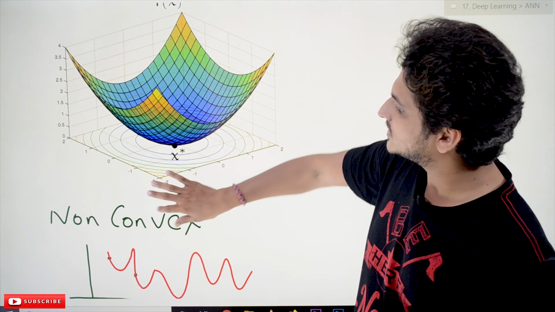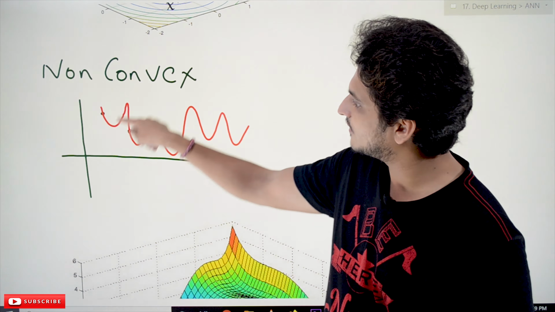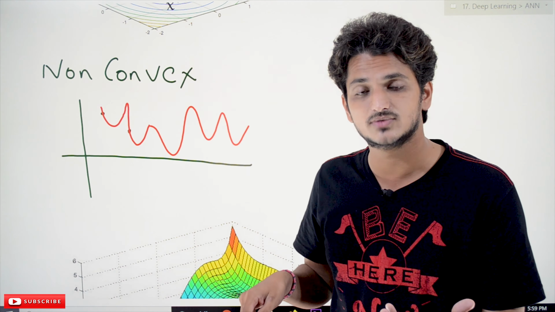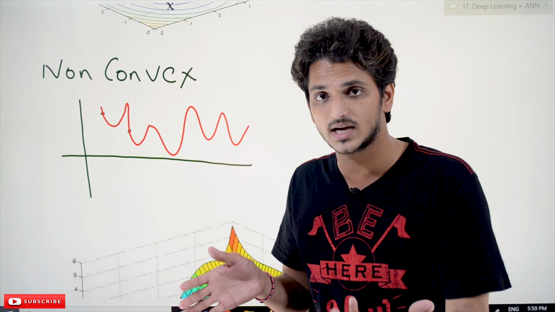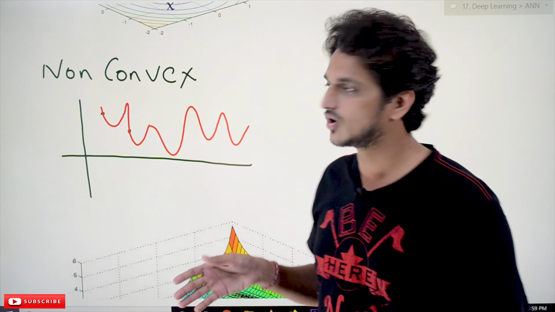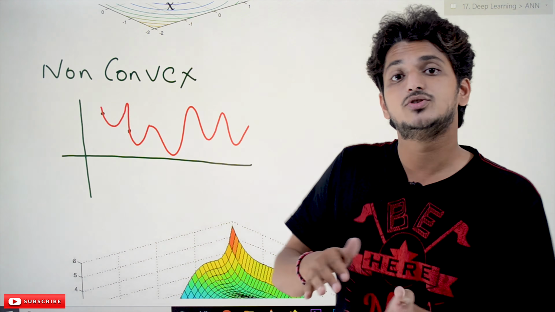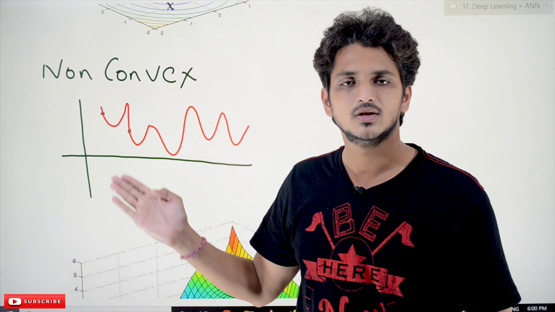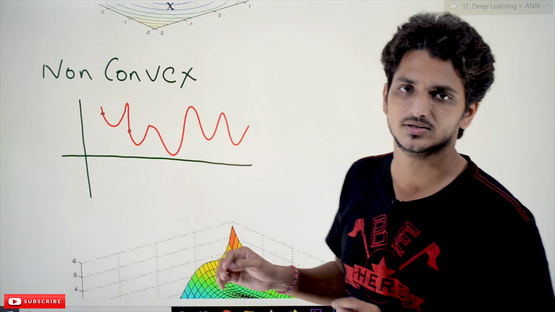Okay, now let's understand what non-convex functions are. Let's take a function like this. If you take any 2 points on this function, the condition should be satisfied for all points. If it is not satisfied, then we call it a non-convex function. If we take 2 points and draw a line segment, it should be above the function. It is not above the function here, so it is not a convex function. So we call it a non-convex function.